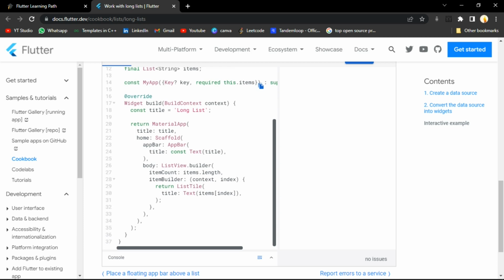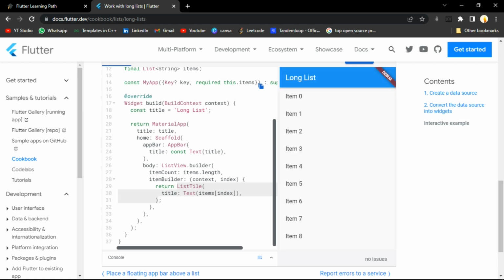So what we're doing, we're simply using the list view builder here in the body, and it will simply do one thing. It will just count the items that we have so that we can use it, and we will simply build the list view, right? It is also returning us a list tile. And what is that? We will just understand list tile in the upcoming widgets, but for now just understand this one item is wrapped under